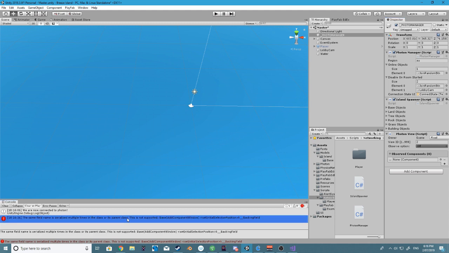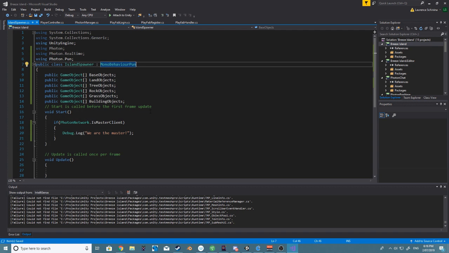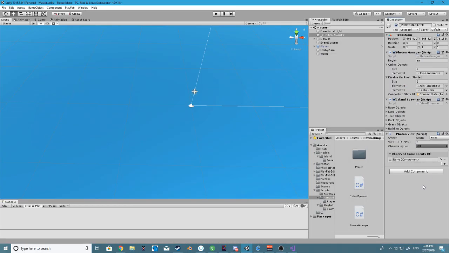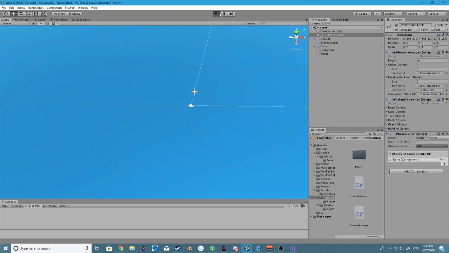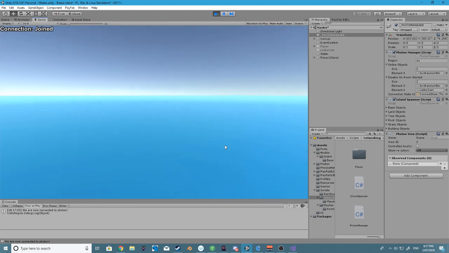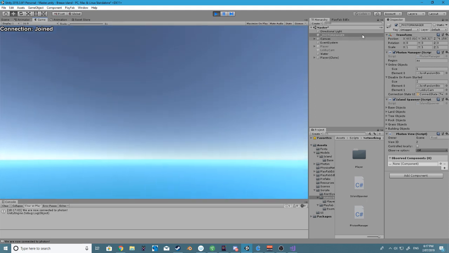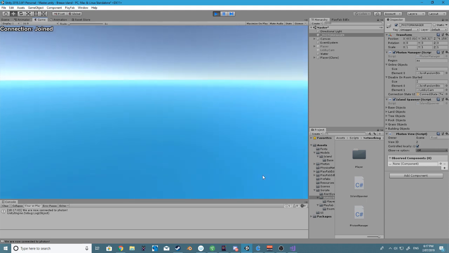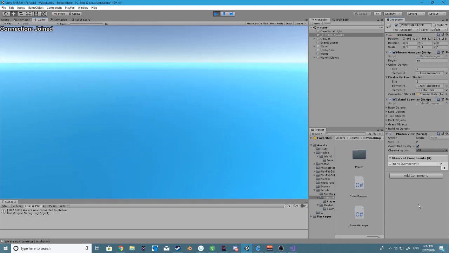And what is this error that I'm getting? No idea what that error is complaining about. I don't think it was the fact that we didn't have a photon view, but let's just give it a shot and see. Yeah. Because, oh, maybe it is. This one is controlled locally, but